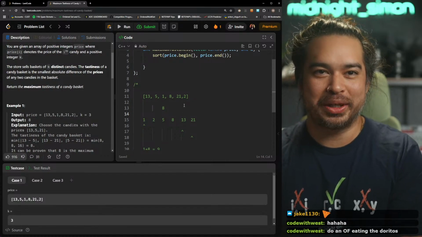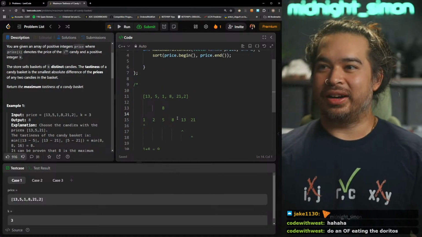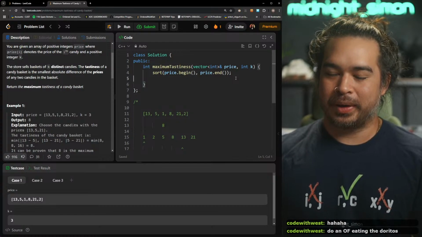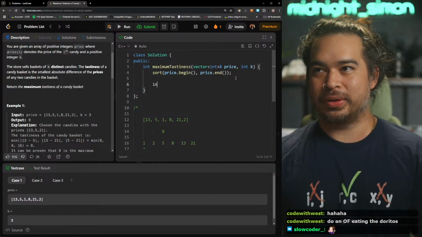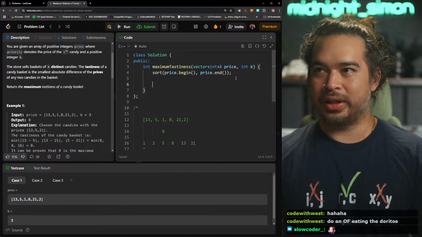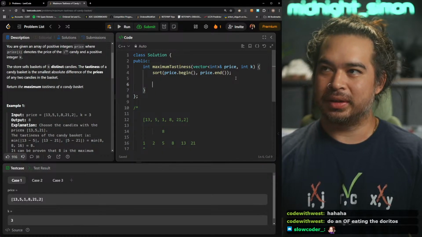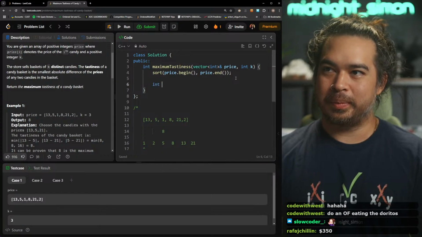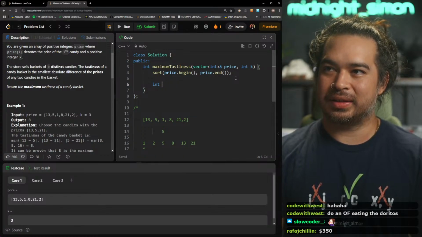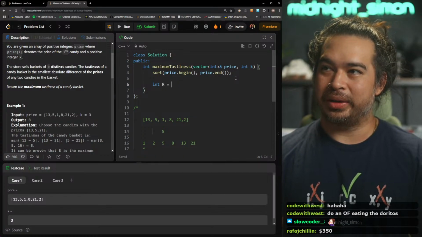All right, let me try and implement this double binary search idea. All right, here we go. So we're gonna guess. Well, we sort them. The max difference, I guess my right would be this.